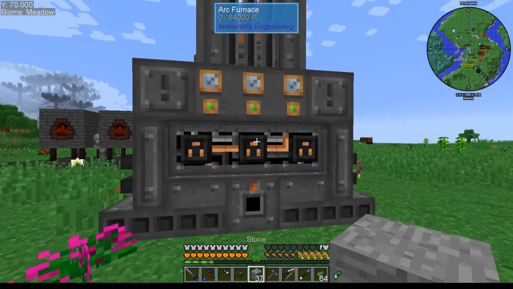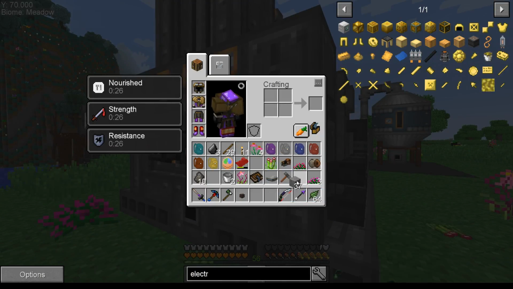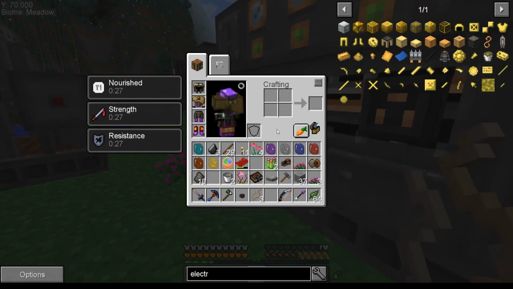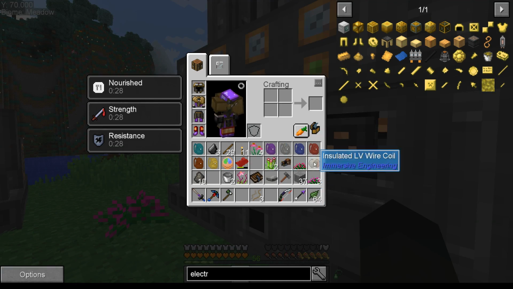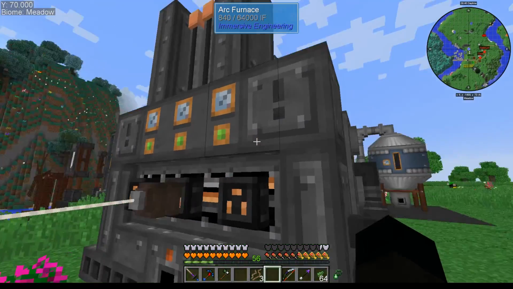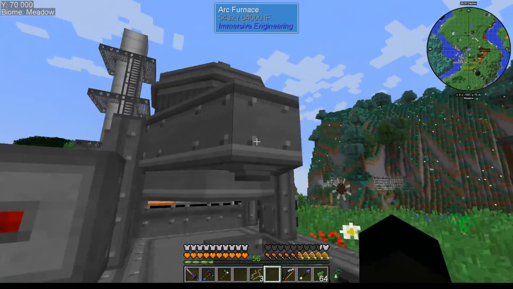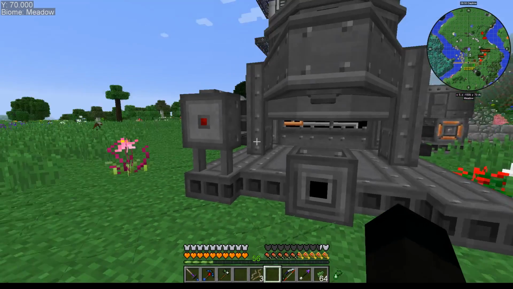Power goes in where? There? That looks like it's where you would expect to put the power in. I don't know whether it's going to work very well off an LV supply, but we'll give it a try. Worst that's going to happen is it's just going to go very, very slowly. But it's feeding. It is feeding. Right. It's going to need...